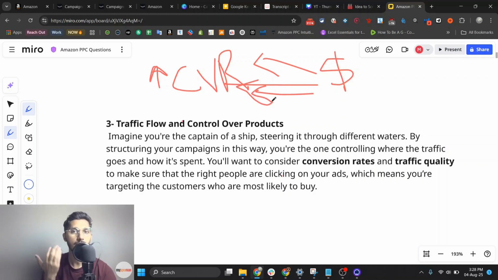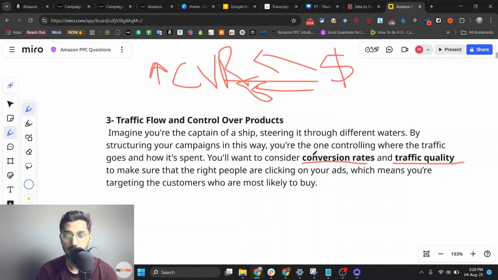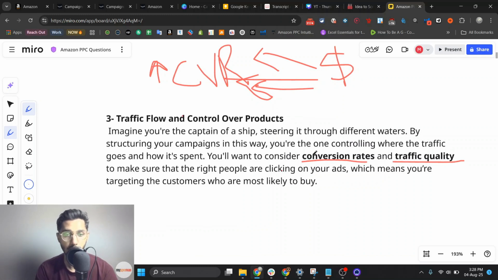And how will you shift more budget to those campaigns that are bringing you the most orders? When you see and have an idea of what is converting best. And how will you see that? By organizing and structuring your PPC campaigns. So you can actually allocate budget accordingly. You will see what is bringing you conversion and what is bringing you traffic. So you can start allocating your ad budget to it.